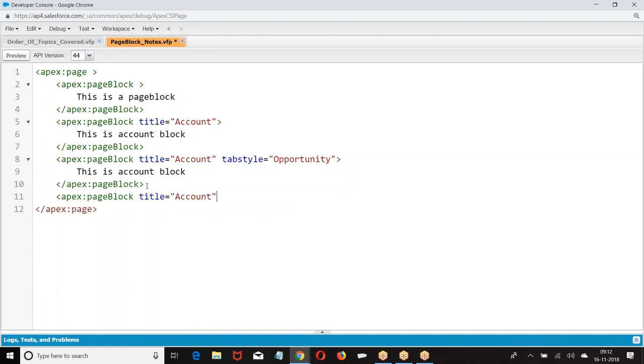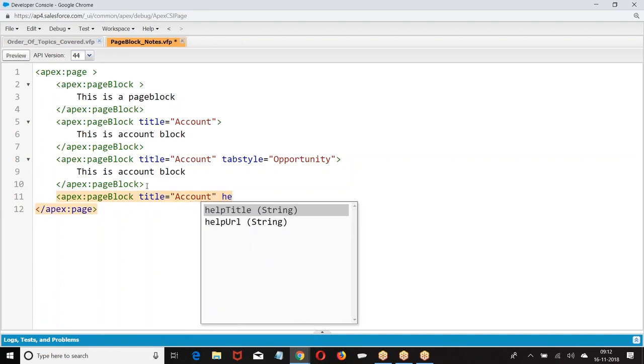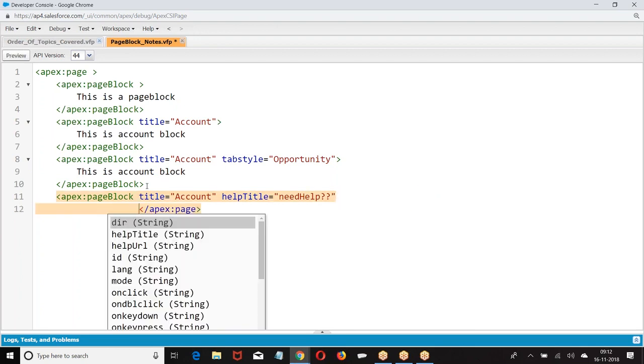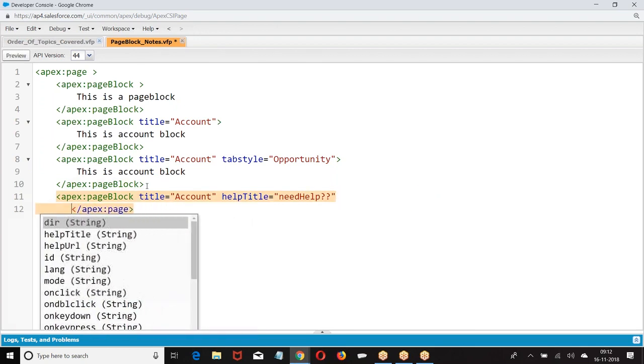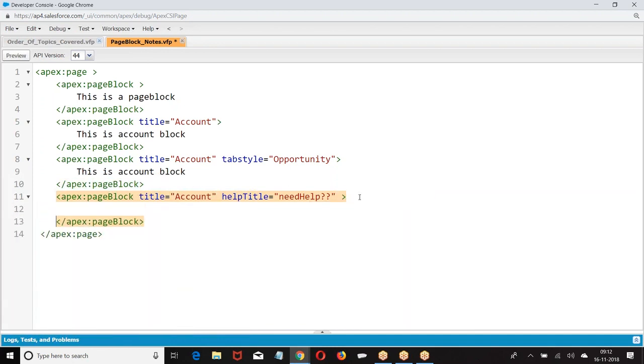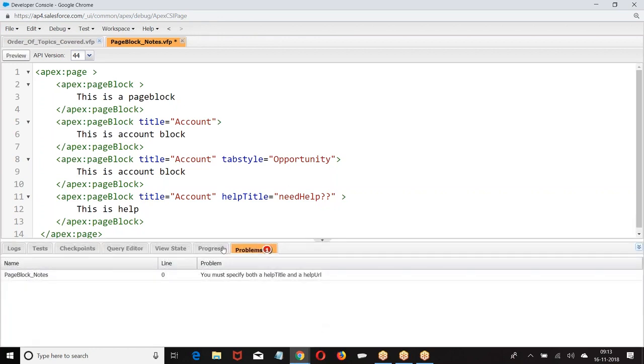Now I gave account. Help title. Now I gave help title and we received an error message here. What was that help title?